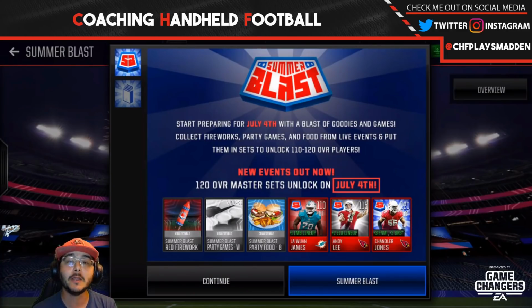So in this video, I'm going to give you everything you need to know about how to approach this promo and how to grind it as a free-to-play player. As you can see here, basically we're going to be collecting fireworks, party games, and food items from live events and packs. You put those in sets and you can get a range of 110, 115, or 120 overall